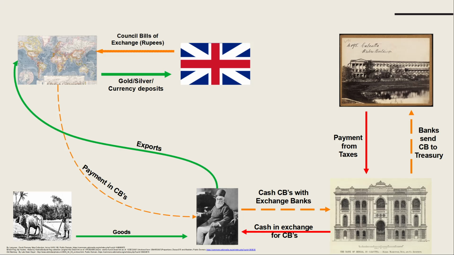And then the dalals would take a hefty commission, and whatever little was left would be paid to Ram Khilawan down the line. And I have shown this as a dotted line just to indicate that it was very minor. So it's payment minus commission.